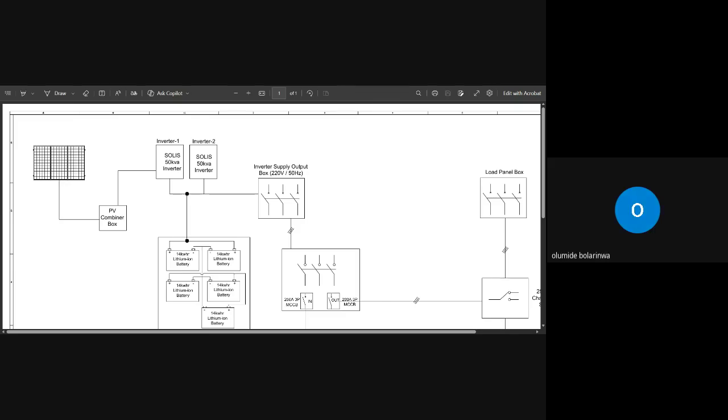How do you know that it is 50 kVA for each? I want to ask you, how do you know that it's 50 kVA? Where do you see 50? It is clearly described in the drawing. Oh yeah, tell me. You see 50 kVA inverter. Is that one talking about the panel? Is that I'm talking about the monocrystalline panel?